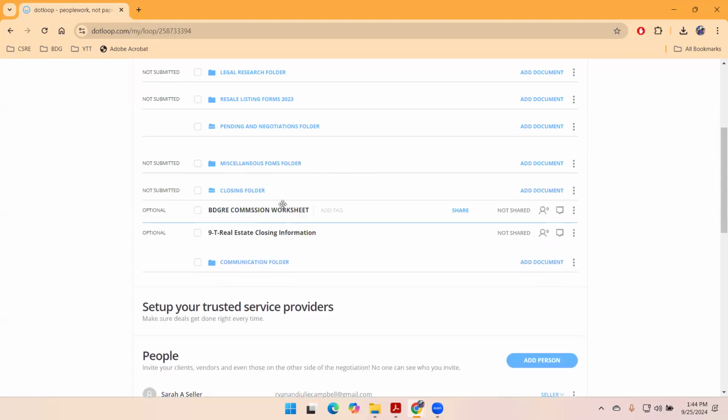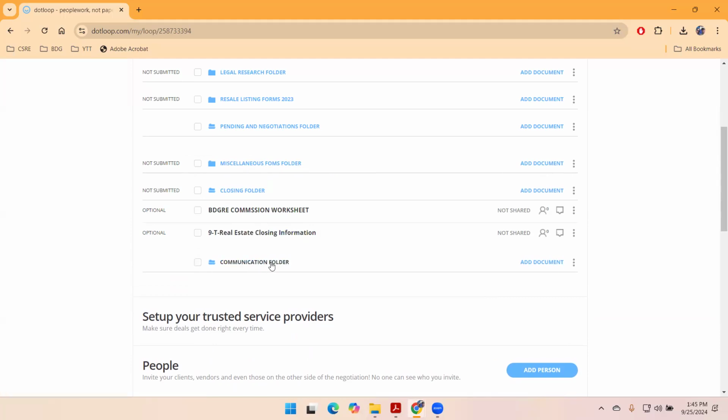The closing folder starts off with your blank commission worksheet and real estate closing information. This is to gather sellers' and buyers' information for the attorney. Most attorneys use their own seller and buyer info sheets, but should you come across an attorney that doesn't, then you certainly can use this. And then the communication folder, again, starts out blank,